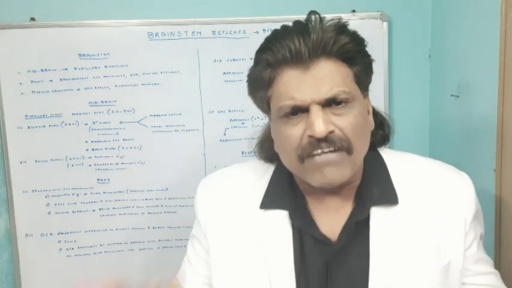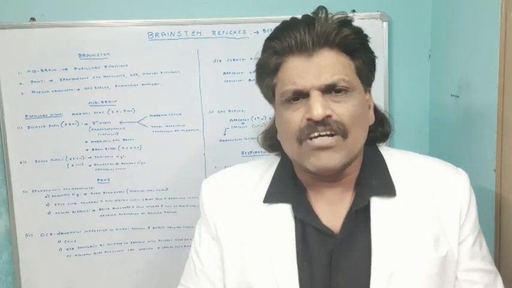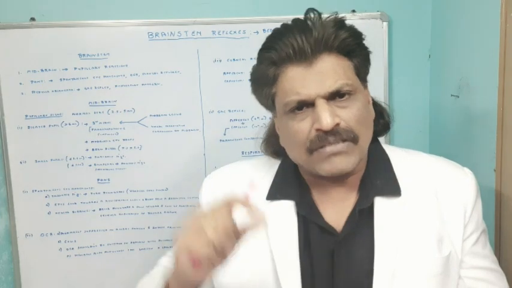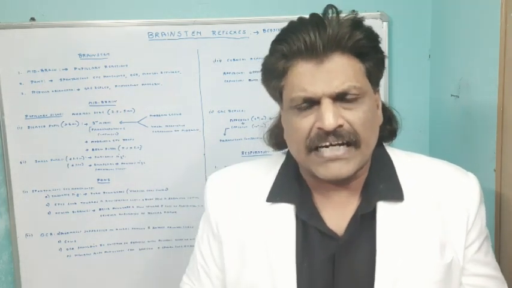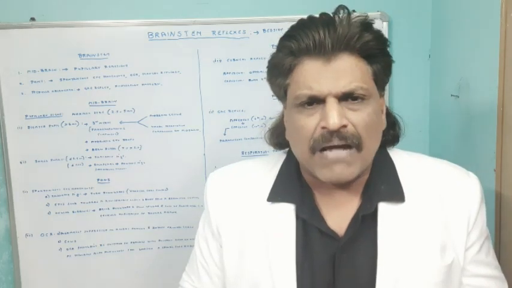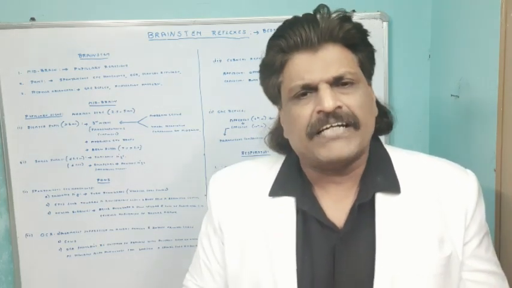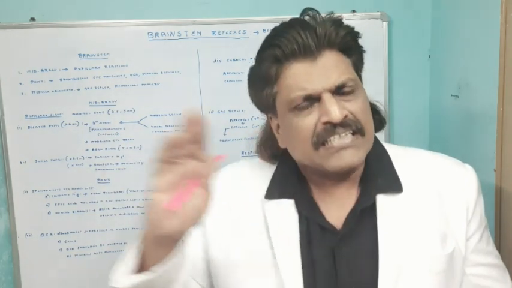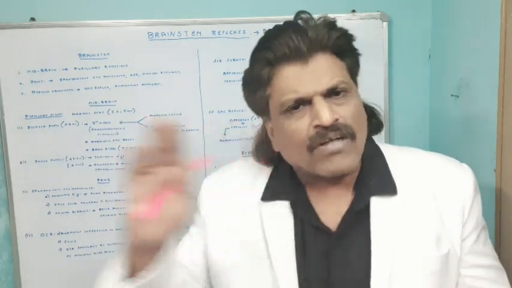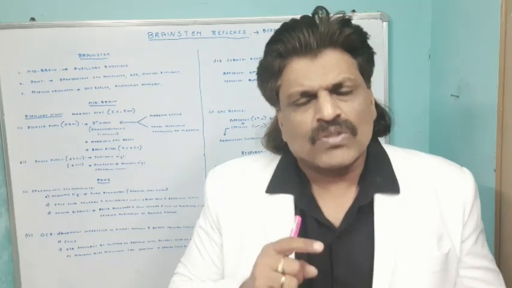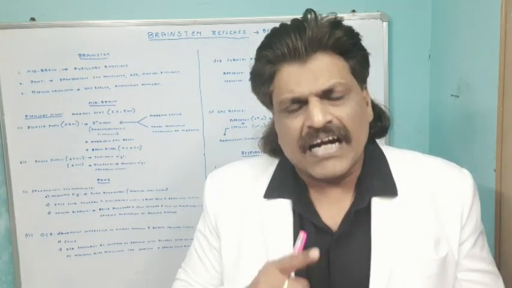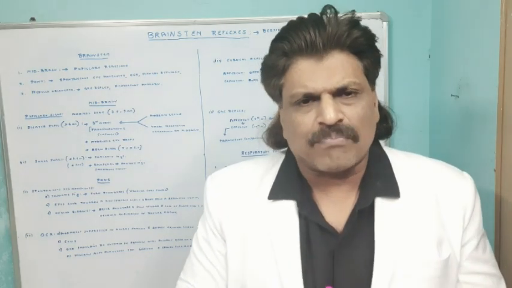So what are all the manifestations of the third nerve palsy? 4 Ds. Dilatation of the pupil because the parasympathetic fibers are getting affected. Drooping of the eyelid because the levator palpebrae superioris gets affected. Divergent squint because the medial rectus is affected, and the sixth nerve will overact. Because of that there is double vision. So divergent squint, drooping of the eyelid, double vision and dilatation of the pupil.